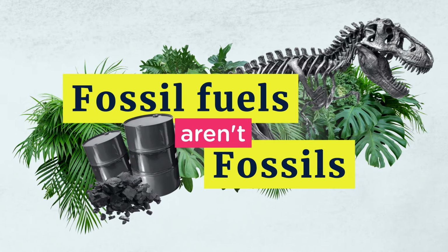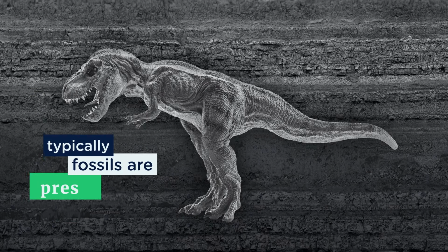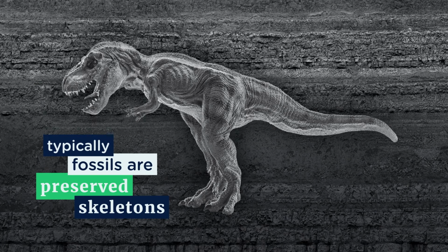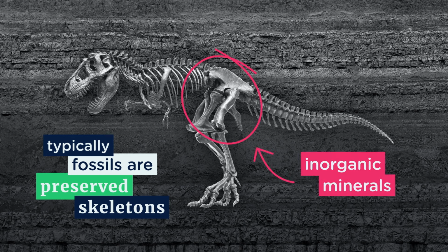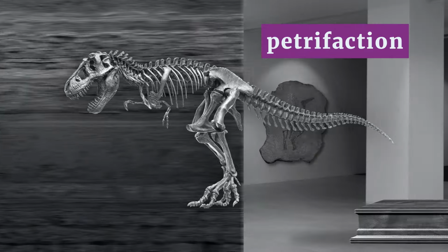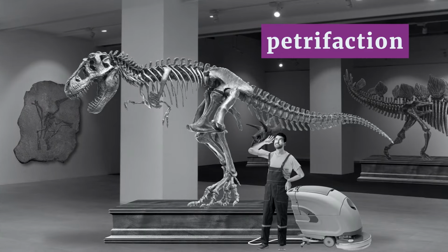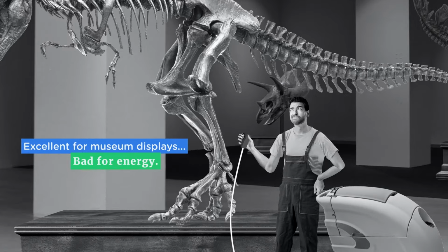But, despite the name, fossil fuels aren't fossils. Typically, what we call fossils are preserved skeletons of animals. The material that makes up bone resists decomposition. So, while the organic tissues surrounding the bones are completely broken down, they are replaced by inorganic minerals in a process called petrifaction. These hardened, fire-resistant, and carbon-free materials are excellent museum displays, but they don't really make for good